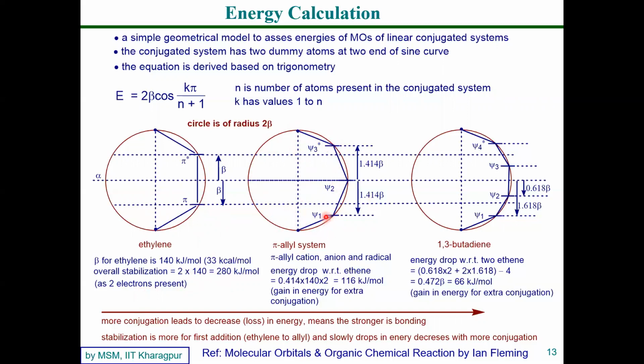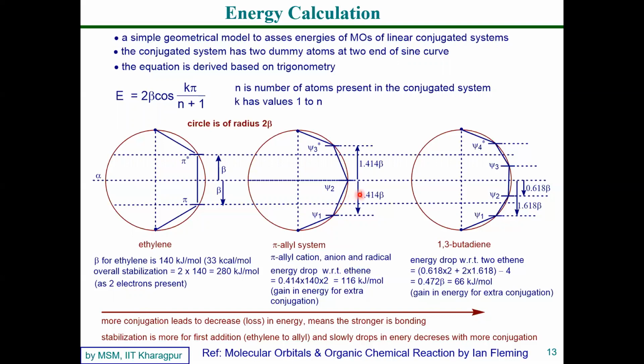This psi 1 will be k equal to 1. Now the first atom, then the second k equal to 2, and then k equal to 3. If you calculate them, this will be the energy equal to the atomic energy, the atomic energy level alpha. You can see alpha goes like this, parallel. And then psi 1 will be 1.414 beta, and psi 3 will be 1.414 beta. Both are positive, so we are not considering the sign of beta at the moment. We are just giving the absolute value.